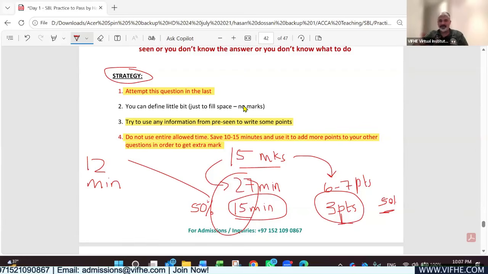You understand my approach? Our whole objective is to score marks, right? So utilize only 50% of the time in the bouncer, save a few minutes, 10 minutes, 15 minutes, go back to the easier questions, incomplete questions, and you can add more points. You will get marks there. Guys, this is all part of being smart. If you are not smart, if you are not cunning,